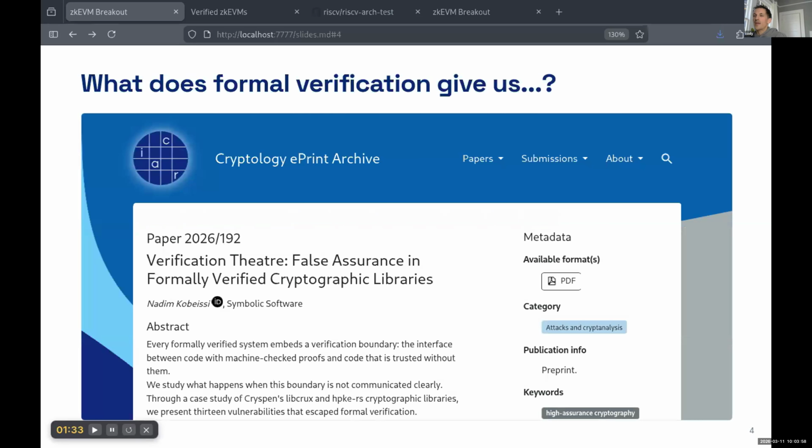There's this interesting paper that got a lot of attention maybe a month ago about formal verification, where this author, Nadim Kobeissi, I think is how you pronounce it, found some bugs in formally verified libraries, including within the formal verification boundary.